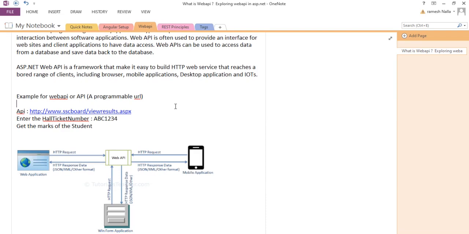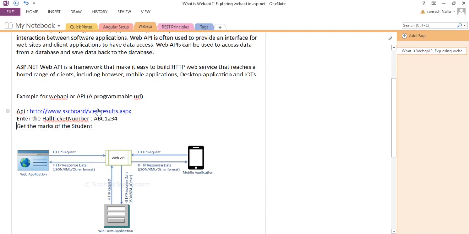I can say this is an example of a web API. http://www.sscboard/viewresult.aspx, let's assume that. This is an API, a programmable URL, where we get the basic results. If you enter the hall ticket number, this is an input, then we will get the student marks information.